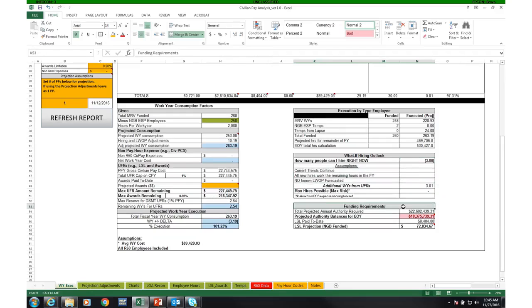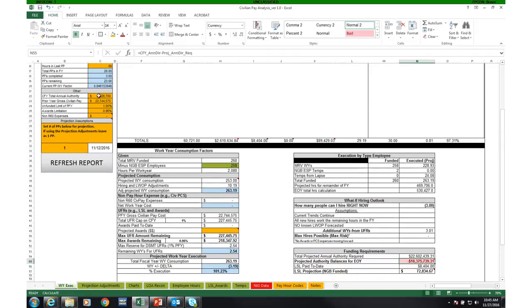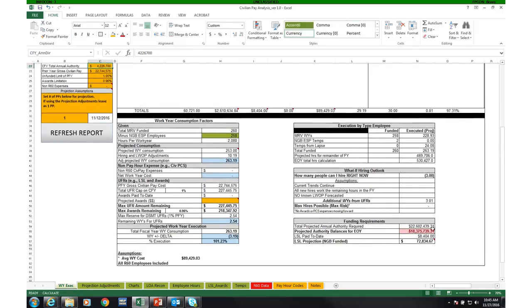And then funding requirements, you can see these huge negative numbers. We're just projecting what we think it's going to be this early in the year. It's just really tough to tell, but we're putting a projection out there, and then we're saying where we are in terms of our actual authority. And as you add authority here to your current fiscal year, this will adjust. And then when you get to the end of the year in the September timeframe, when NGB starts to do their projections and gives you your final funding document for Civ Pay, it's going to be a lot more